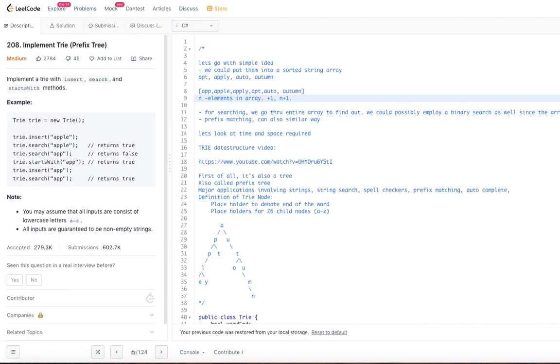This brings up sorting cost of (n+1) log(n+1), that is, n plus 1 into log of n plus 1.